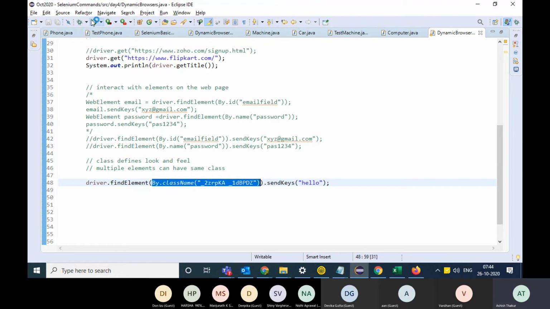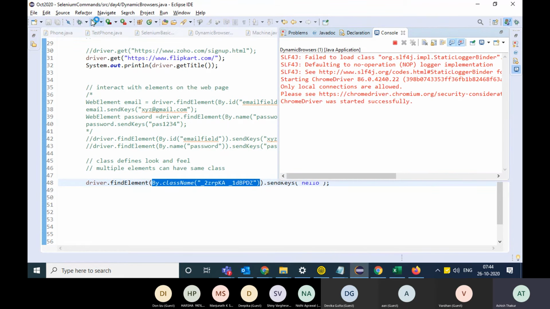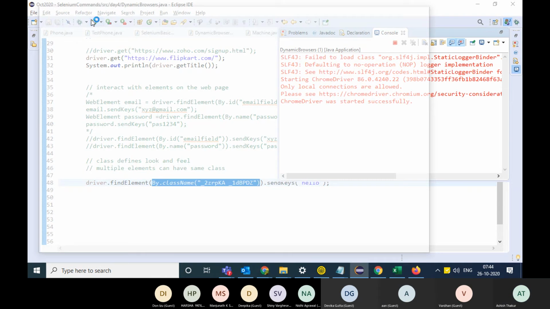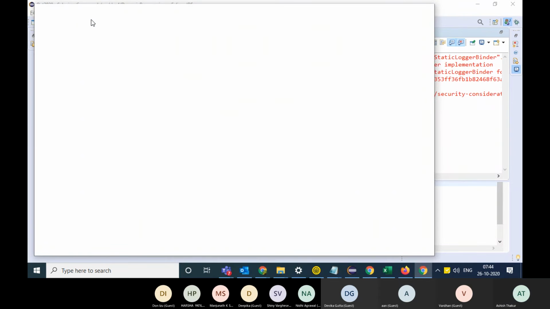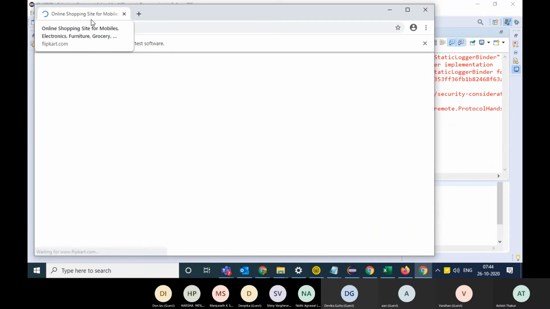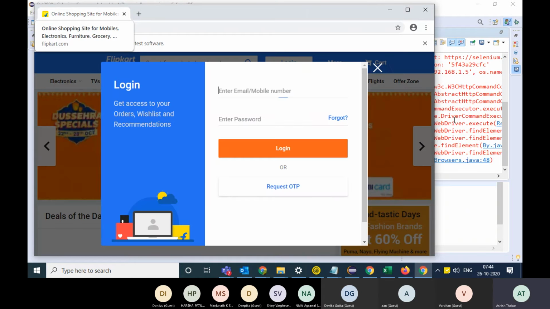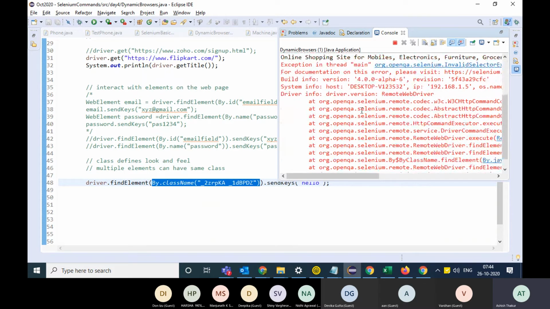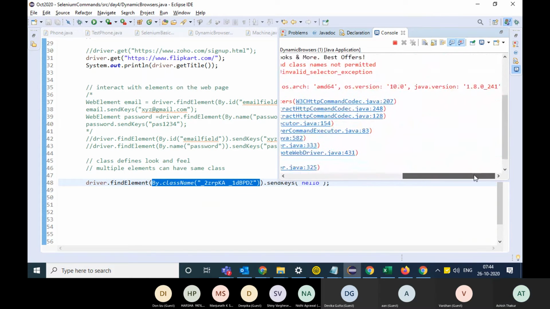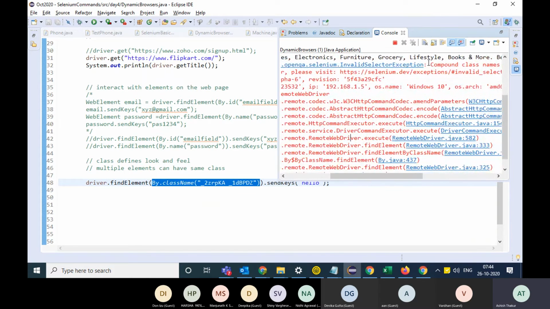Okay. So if you run this, you see it goes to Flipkart and you get an exception actually. Invalid selector exception.